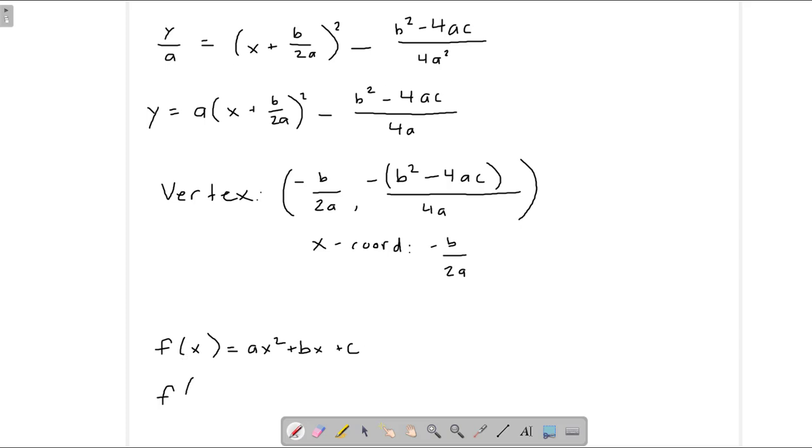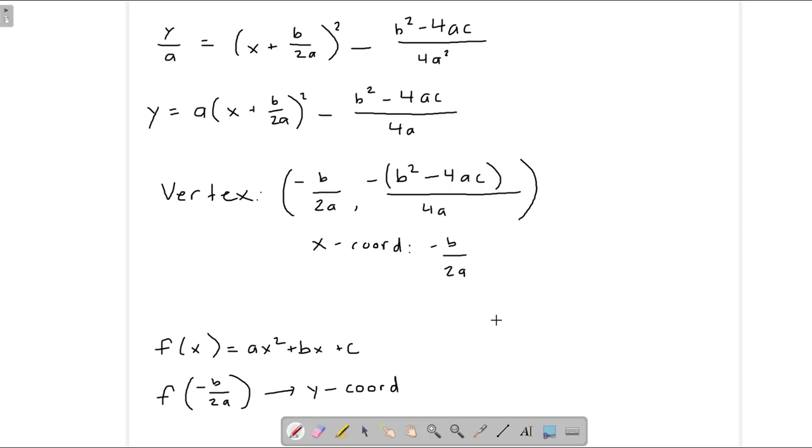So like f, you evaluate it at this negative b over 2a, and that'll give you the y-coordinate of your vertex. And I'll show you some examples with actual numbers without so many variables,